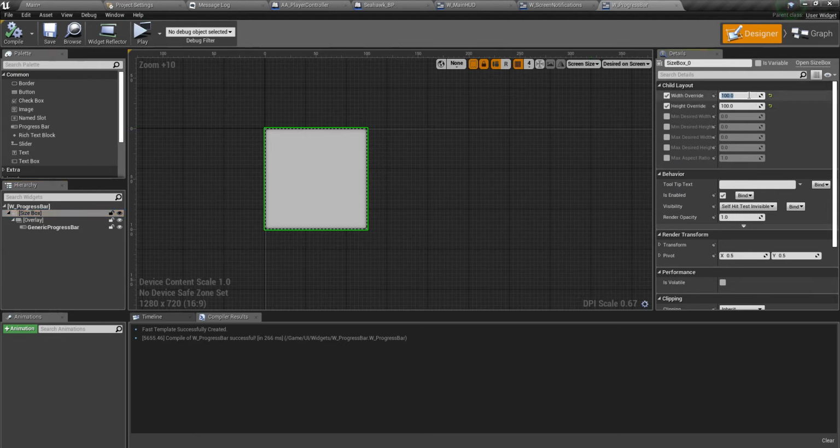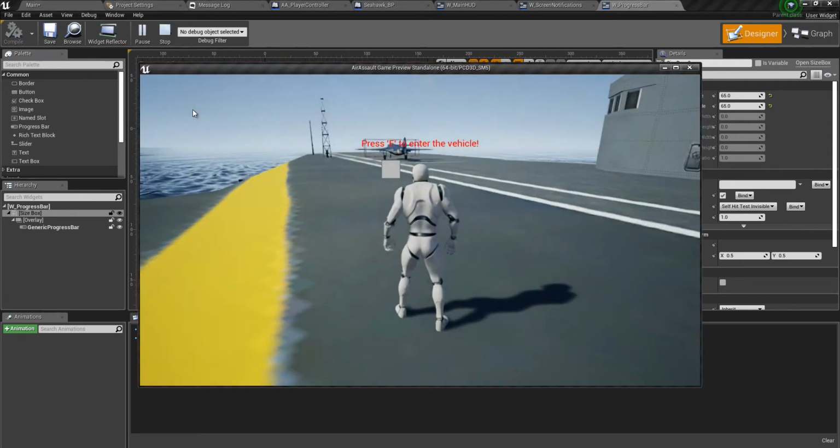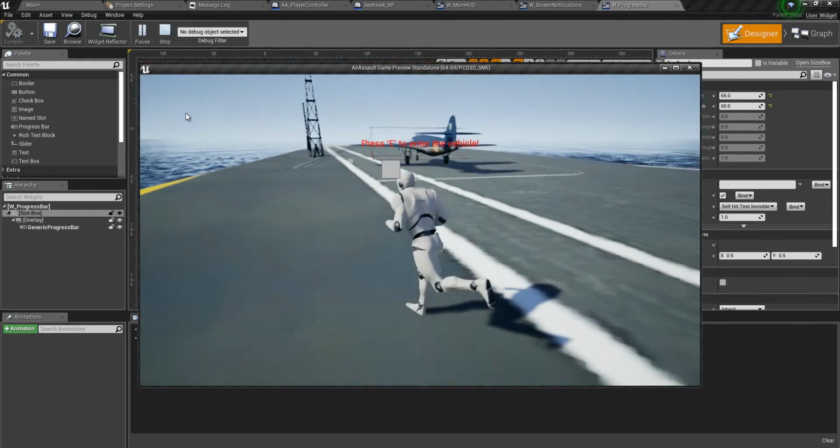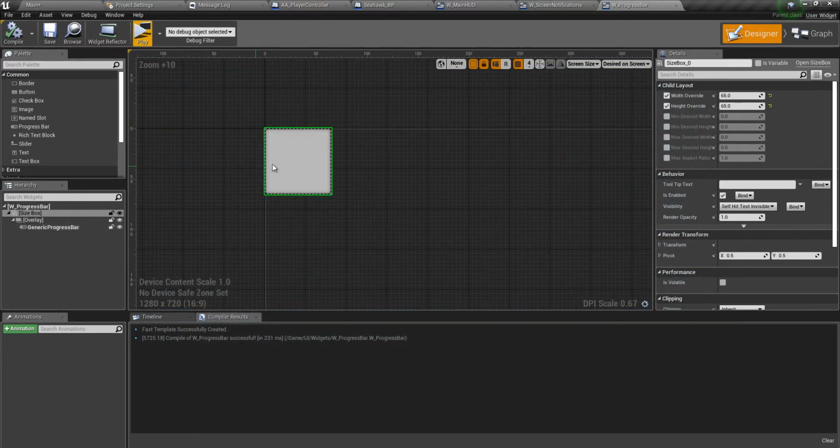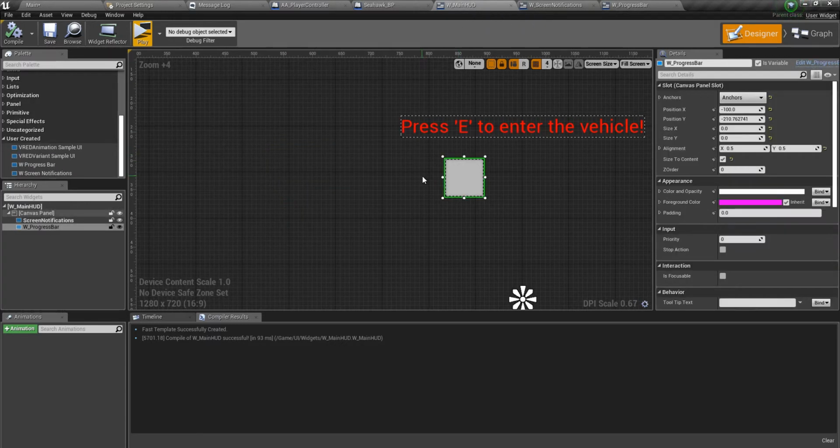Let's make this 60, or I think 65 by 65, right? Let's play the game now. I think that's pretty cool, not bad at all, right? This is just one simple thing which will only show up when you are inside the trigger. So going back to HUD, I think I'll just move this to the